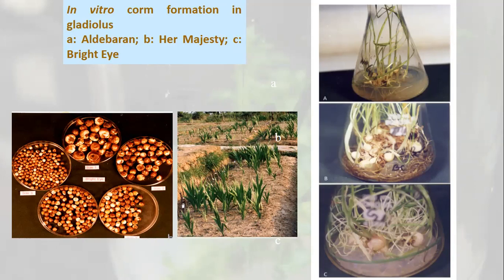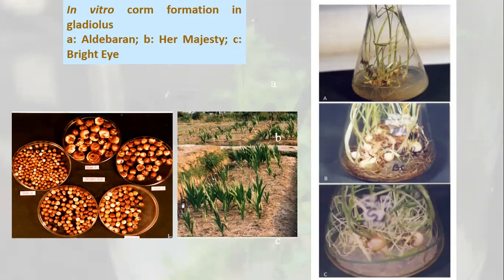The basic fundamental of that is we need to manipulate the medium with addition of a higher amount of sugars. Why a higher amount of sugars? Because in all these types of material, they are the storage propagules. They store carbohydrate for the future subsequent plant, as in case of seeds, which are known to store the food. They are also a kind of vegetative seeds, vegetative propagules we call them. So that can be achieved in case of gladiolus.